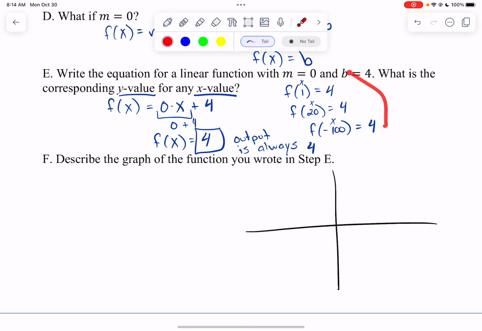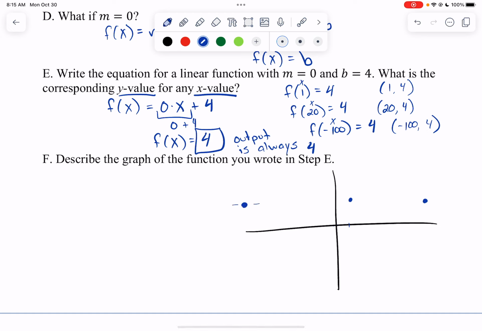So if I look at these points up here, when I put in an x coordinate of 1, my y coordinate is 4. So that would be the ordered pair (1, 4). The next one, an x coordinate of 20, y coordinate of 4. Negative 100, 4. If I graph these points, over 1, up 4, over way past 20, up 4, negative, way over here, up 4. If I connect my dots here,